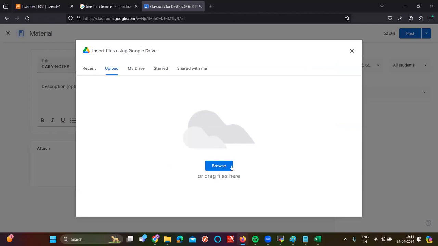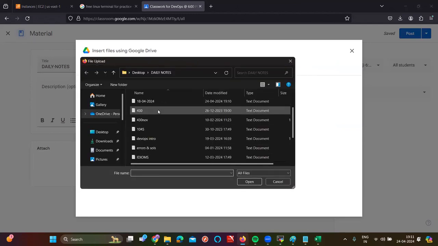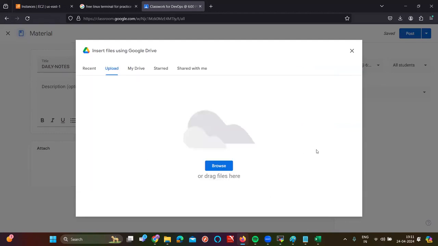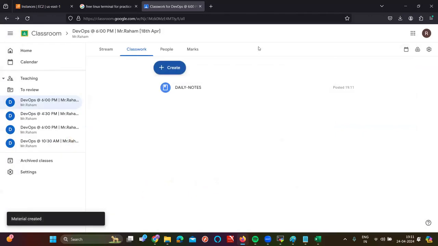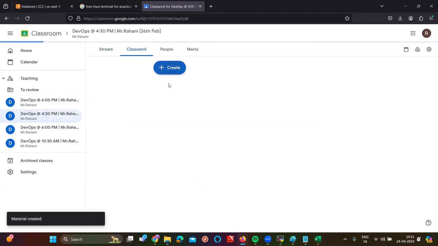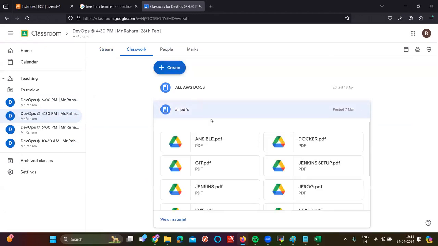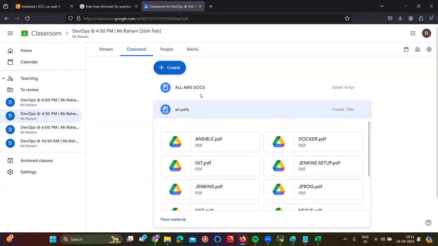Okay. So it is your notes. And apart from this, I'm going to upload the documents also. So here in DevOps, we are going to have a document for each and every tool. How many tools are we going to learn? 18. For all of the tools, I'm going to create a document for you. If you go and see, it is my previous session, my previous class. Here you can see all PDFs. Are you seeing all the documents or not, sir? So like this, I'm going to upload the documents for you soon.